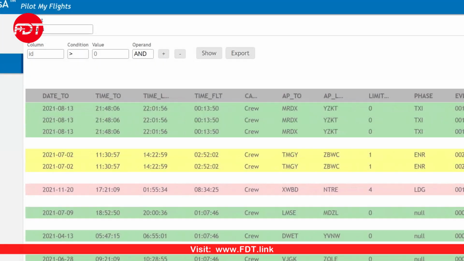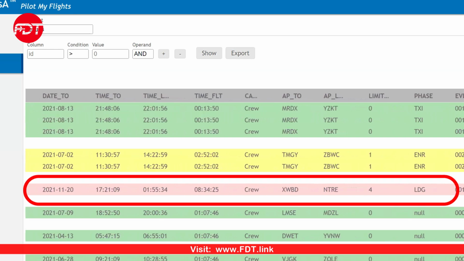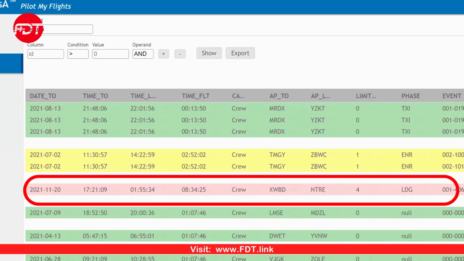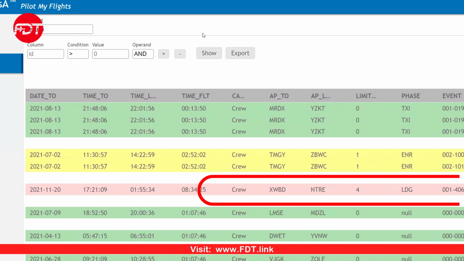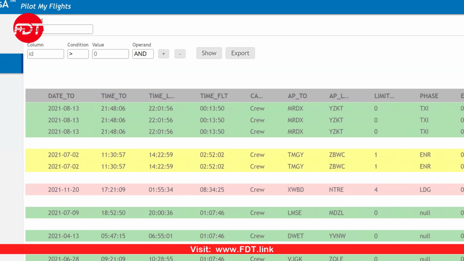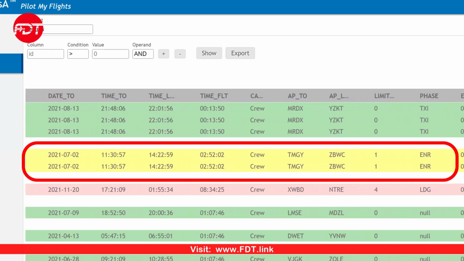When Express-A automatically detects one or more events, it displays a line for each detected event and assigns a color based on the severity of the alarm. For example, a line will appear in pink for significant events like a hard landing or excessive speed on the taxiway. Otherwise, it will be displayed in yellow for less critical events, such as slightly low oil pressure for 5